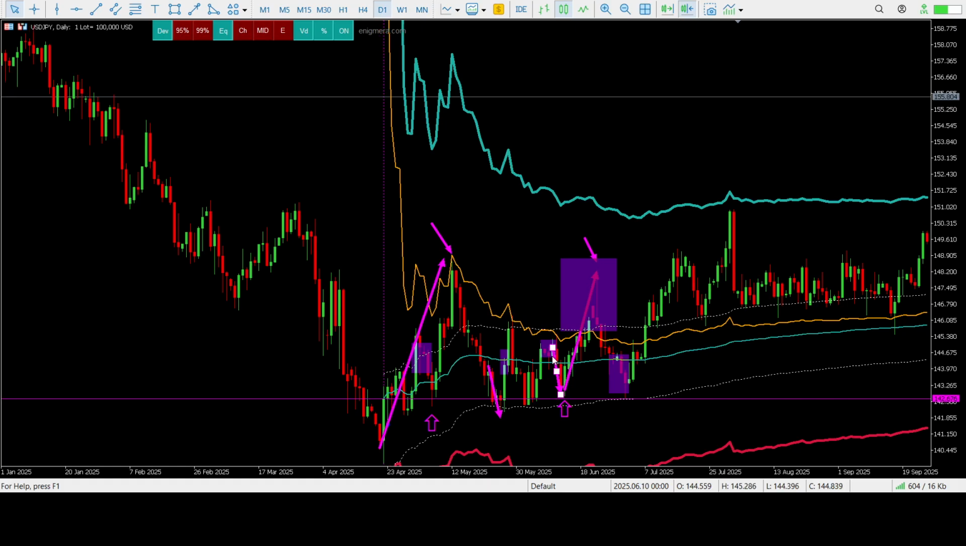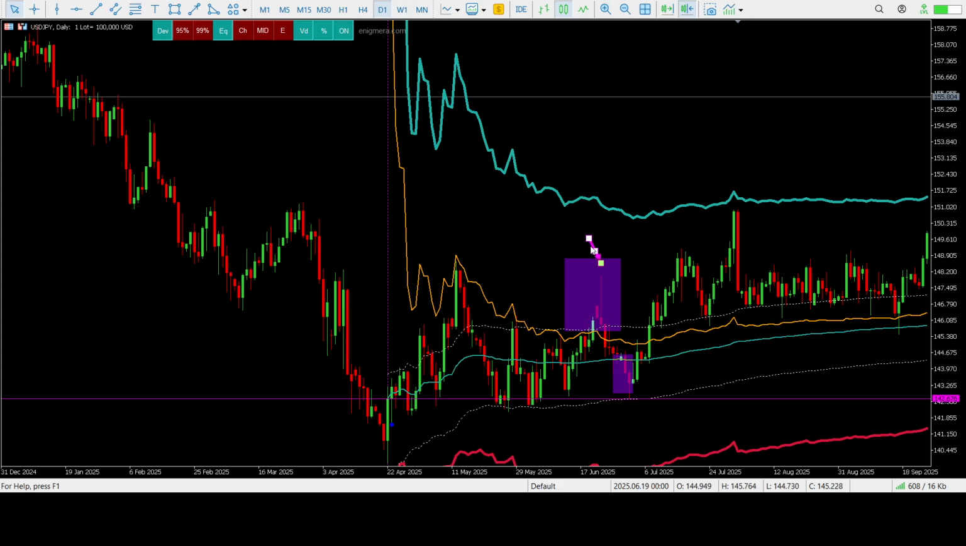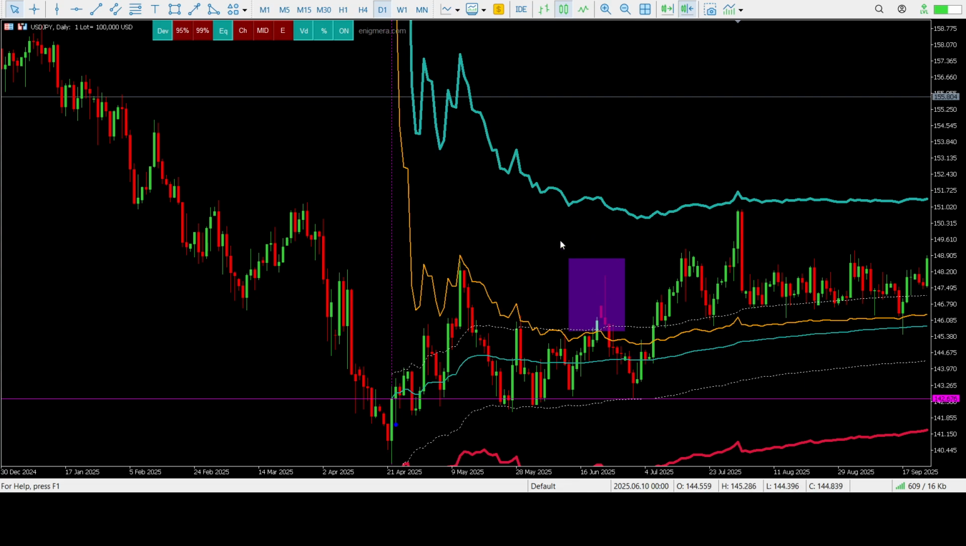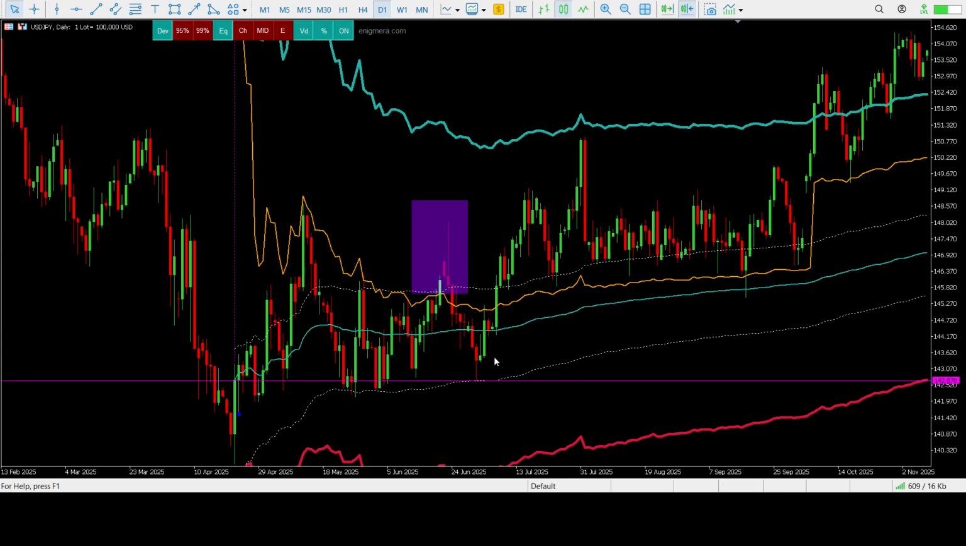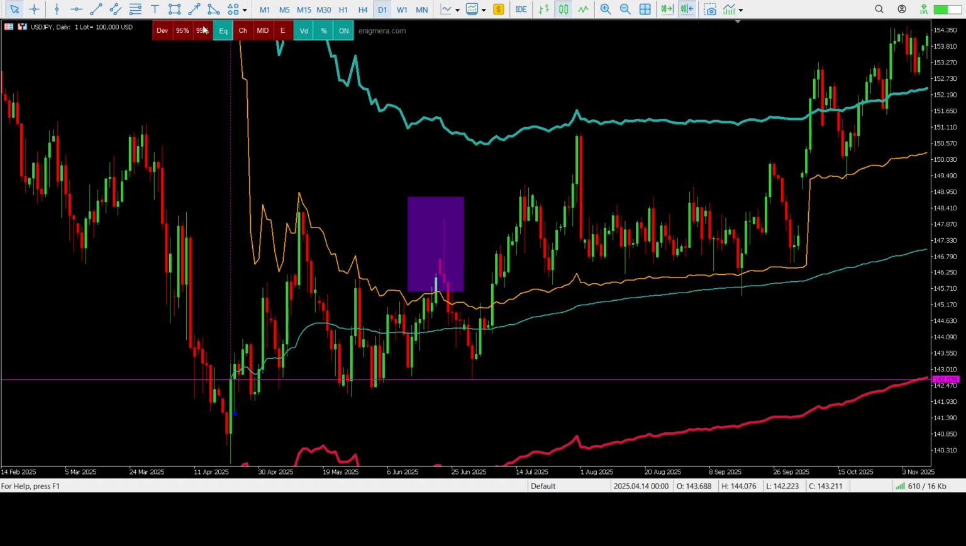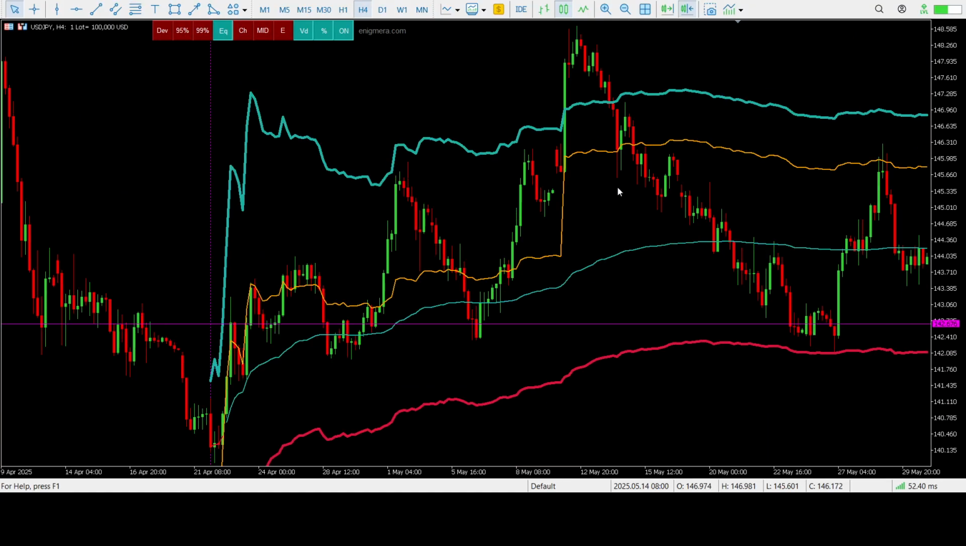Let me delete all these arrows. This is the daily chart. Okay. The market broke the equilibrium. After that, what happened? Drop down to collect the liquidity and proceed further up. This is on the daily chart. When I change to the 4 hours,